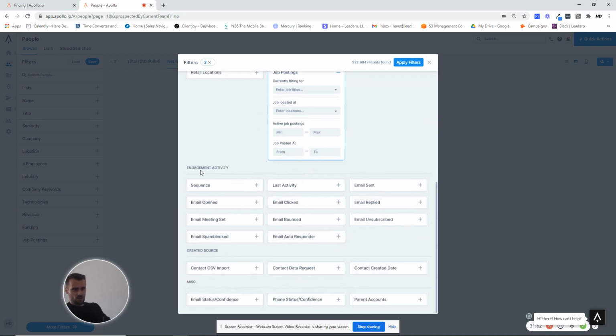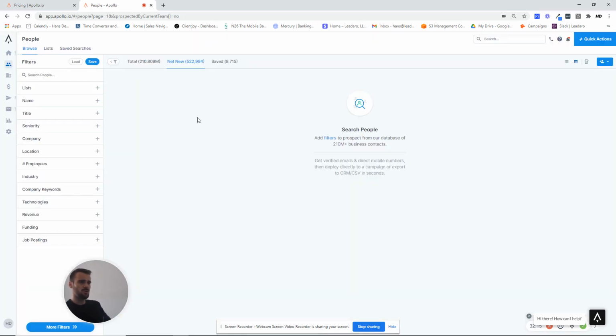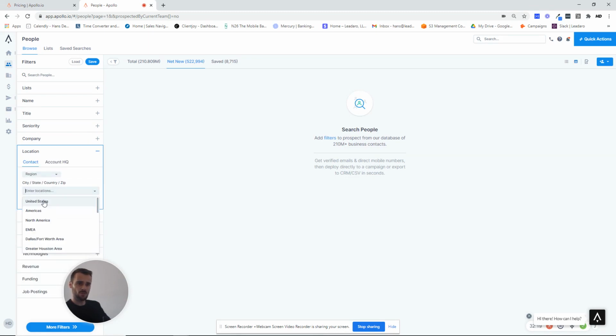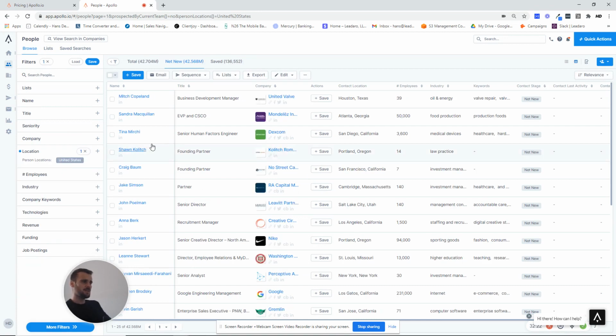Then, this is your engagement activity. If you're using the sequences here, you can filter in or out contacts that have interacted with your emails already. Or if you have imported your data from CSV, you can filter for that right here. So those are the filters that you have, and I will just show you what that looks like here. Maybe if you just pull up all the US data, as you can see, these are the people right here,